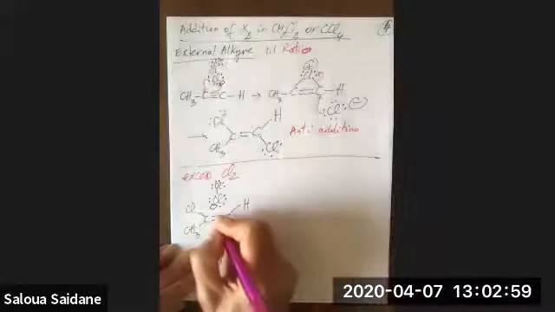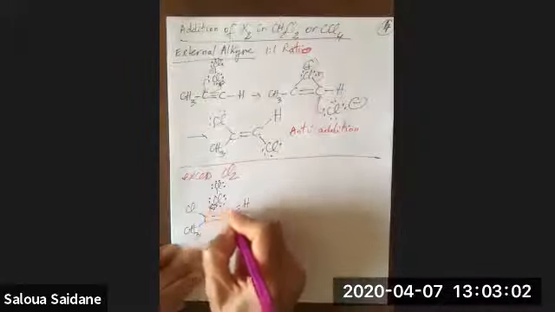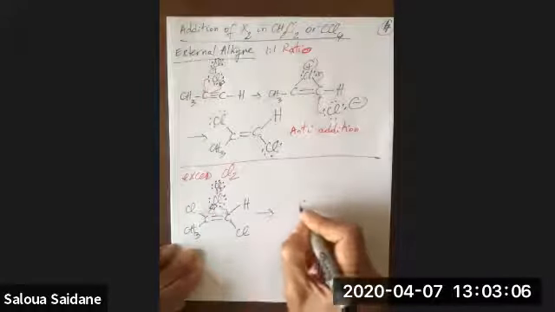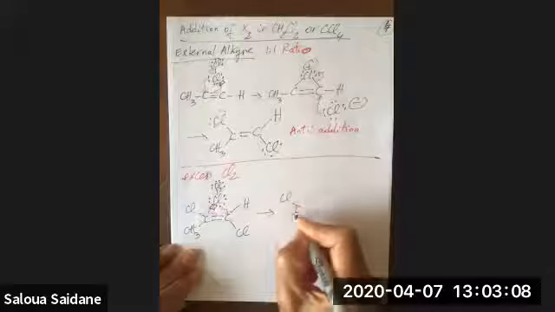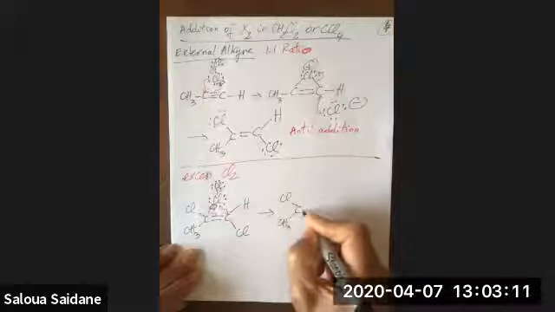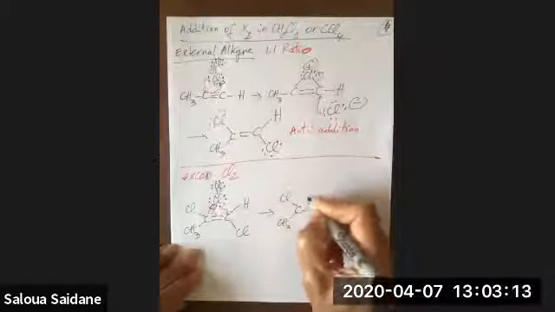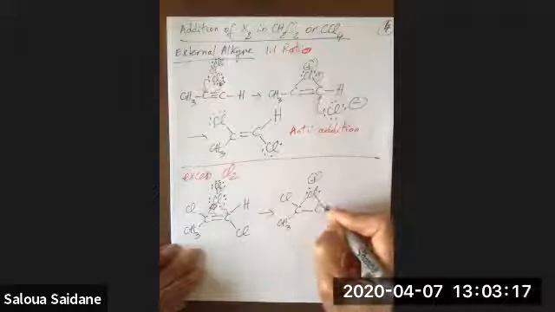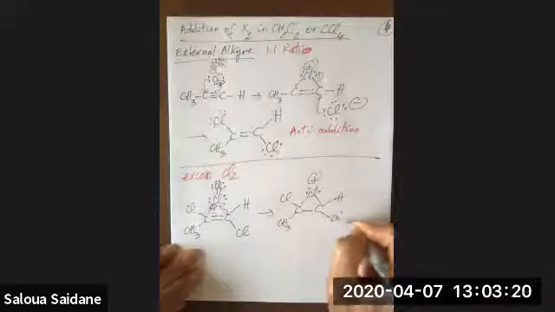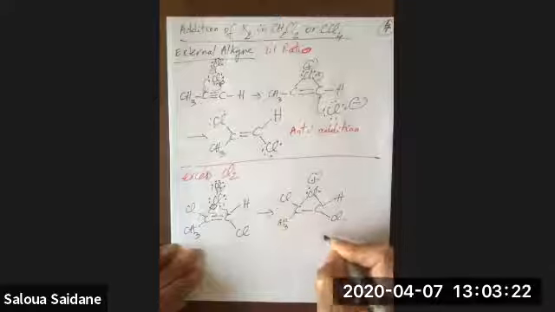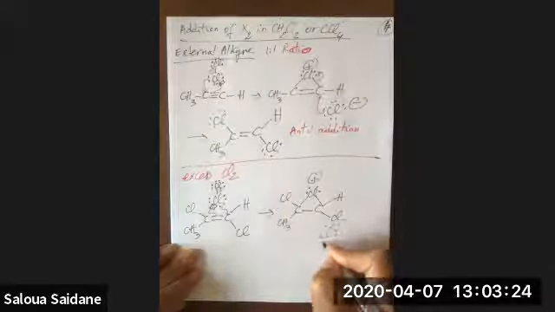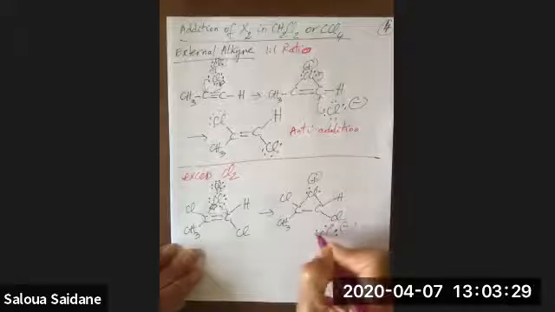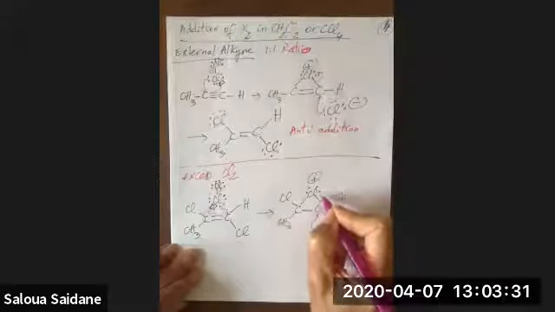So the pi bond opens, this opens, and then we end up with C, Cl, CH3, and then we have a Cl minus here. And what is the Cl minus going to do? One comes one side, the other one opens,